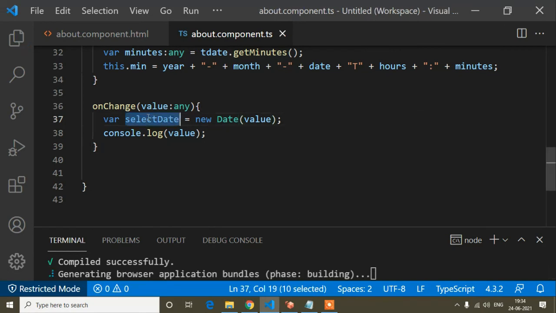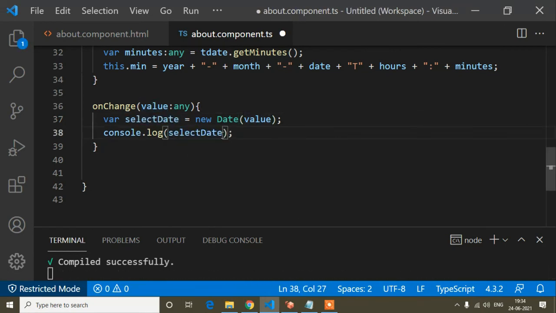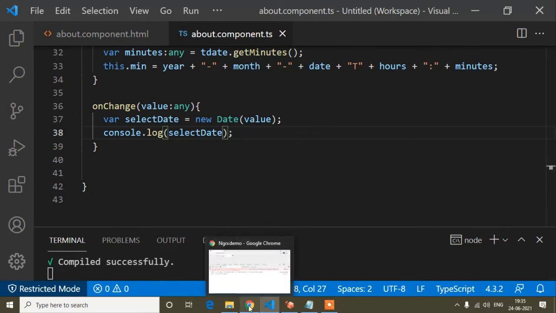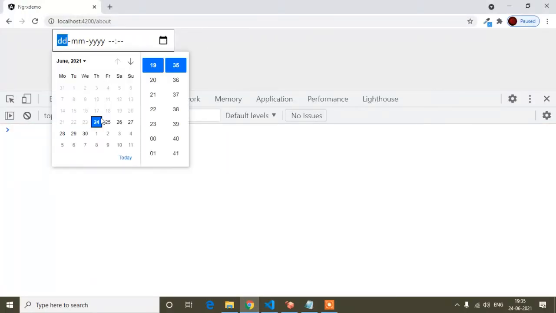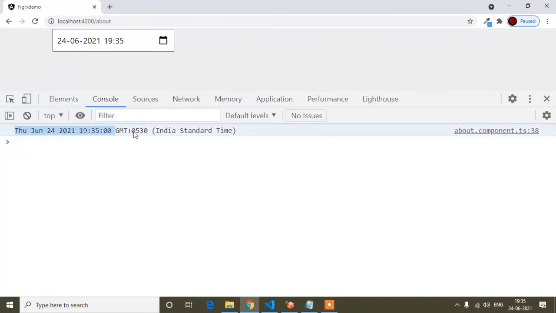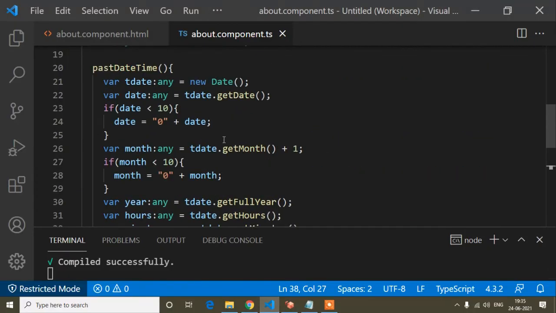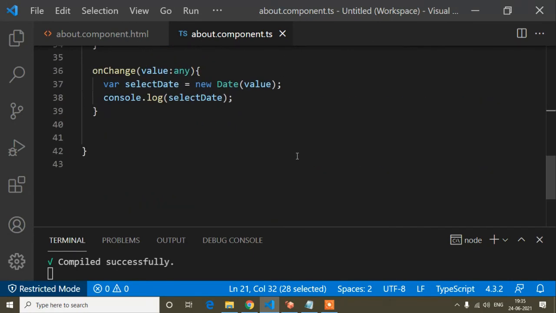Now if I console this, you will find what the user selects in the console. Suppose the user chooses 24 and this one, now you will find the date format. It shows the new Date, because new Date returns, as I already showed, both date and time.